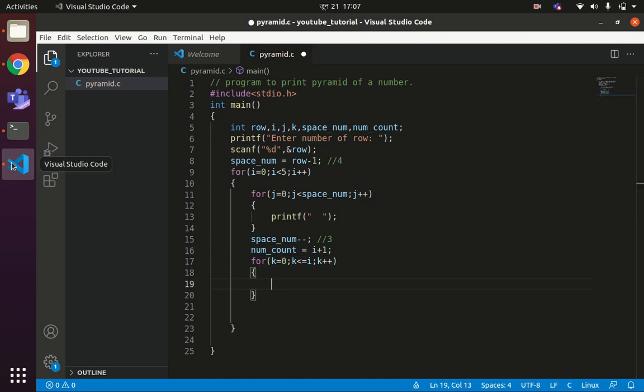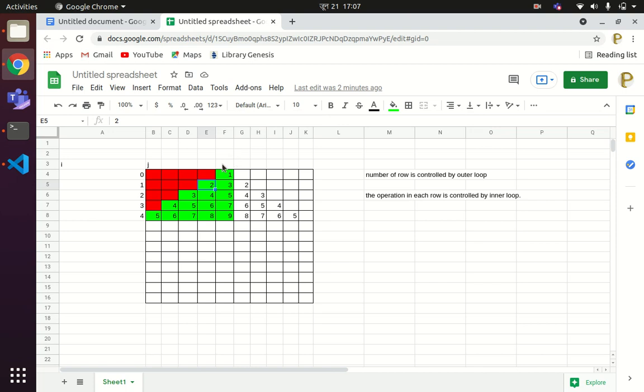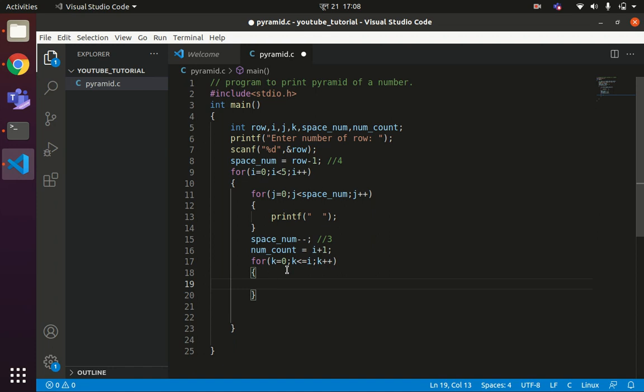This k loop should be executed based on the row number. If the row number is 0, it should be executed 1 time. When the row number is 1, it should be executed 0, 1, so 2 times. When the row number is 2, 0, 1, 2. When the row number is 3, 0, 1, 2, 3. When the row number is 4, 0, 1, 2, 3, 4. That is the reason why I have written from 0 to less than or equal to the value of i.